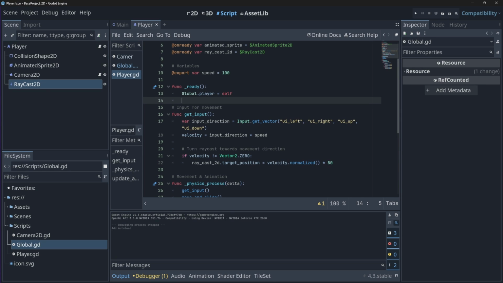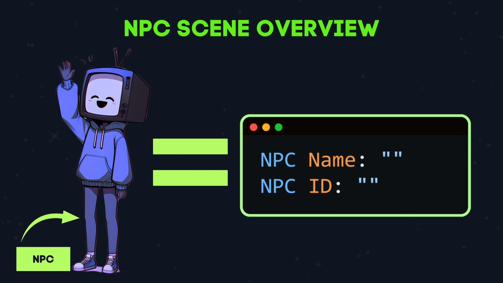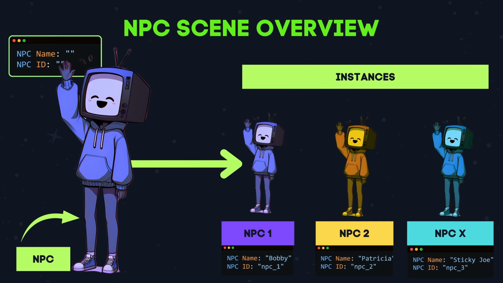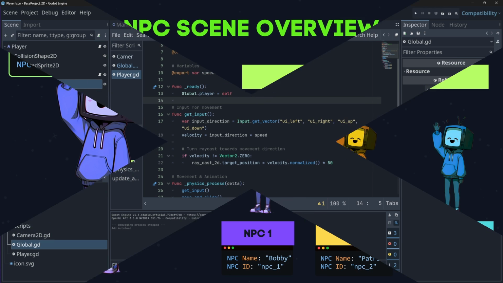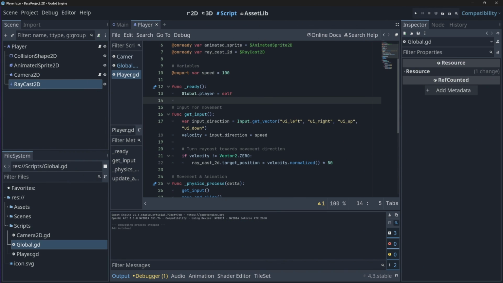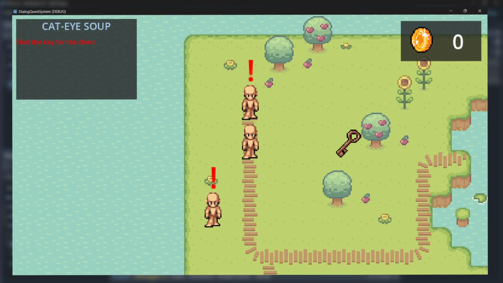And that is our player set up. Now we can move on to our NPC. We will have a single NPC scene that can be instanced multiple times to create many different NPCs with different names, quests, and dialogues. Now, I want to give you a forewarning that all of my NPCs and my player